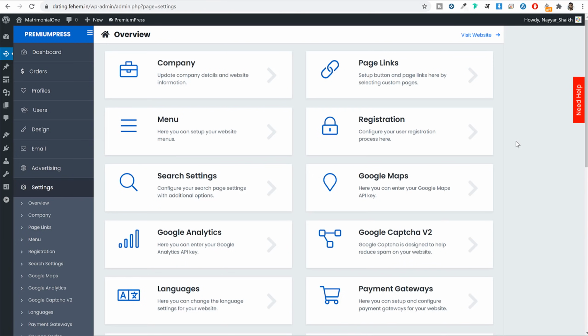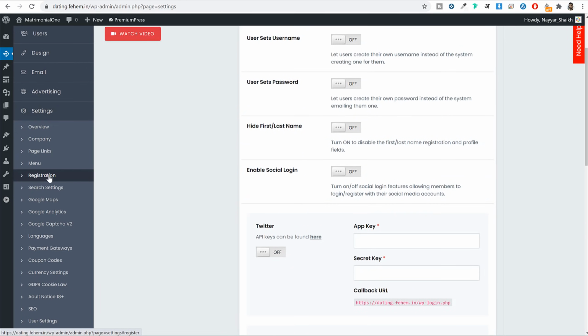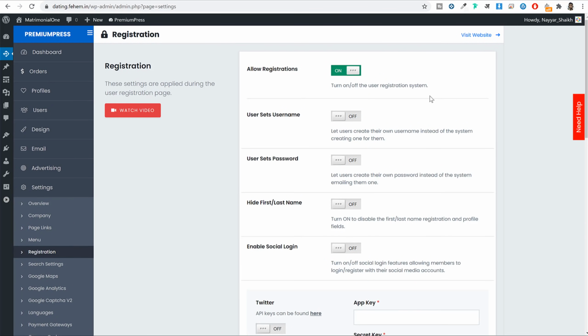Now, first of all, for registration, you will see this option under settings. You will see registration. Click on that. And now we have to restrict this website. First of all, we do want to allow registration. If a new visitor comes and wants to register to your website, we do want to allow this. So make sure you turn this on. Now when they try to register on your website, we want the user to set their own username. If you turn this off, you will give a particular username or any demo username for your users.